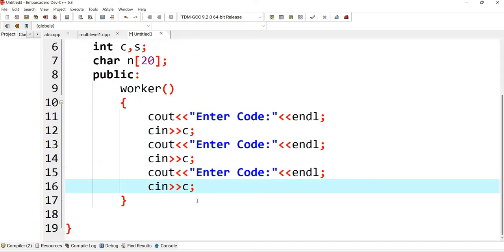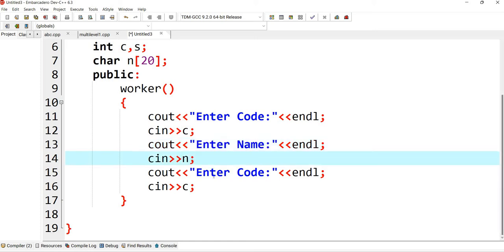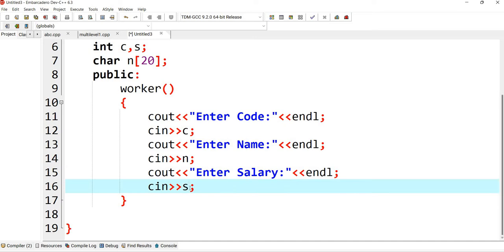So this is for the name, then the third one is for the salary.